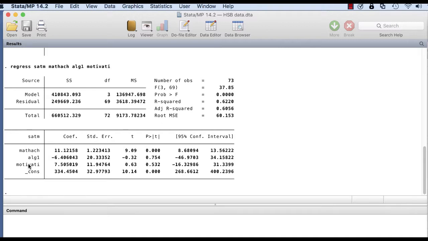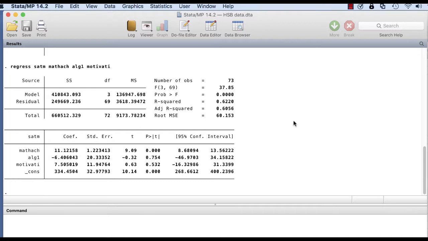That means that this linear combination of these three variables is explaining math achievement for the scholastic aptitude test beyond chance levels. Then we have our R-square, which means 62% of the variability in scholastic aptitude math achievement scores